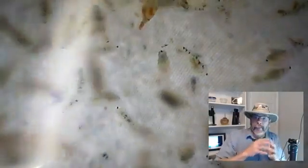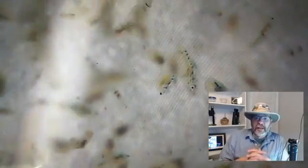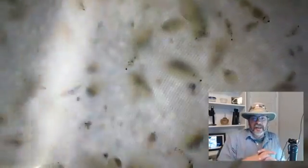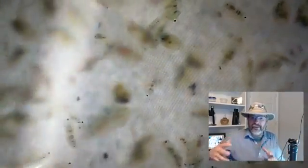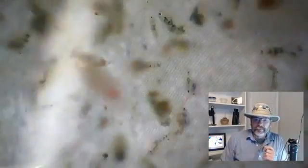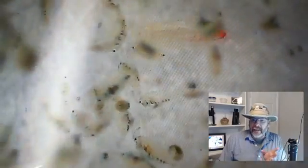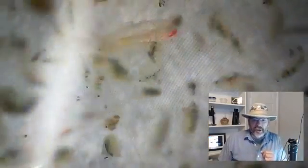This is one of the building blocks of what things eat. Those giant lion's mane jellyfish that we were talking about the other day, this is one of the things that they eat. Even though it's a giant jellyfish, the nematocysts are very small, and they just gather this stuff by the thousands and millions and billions. So this morning I went down to the Cape Cod Canal, and I used my plankton net. I put it in the water, I let it drag in the water for 5 minutes each time,